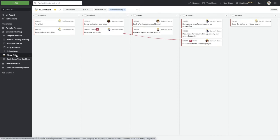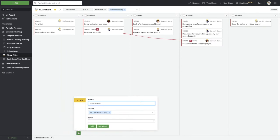One of the things we do want to cover, I know, and Rune talked about it very well as well, is our ability to ROAM our risks. So here's an example of my risk board where I'm looking at what's resolved, what's owned, accepted, and mitigated on a board view. If I want to add a new risk into here, I would